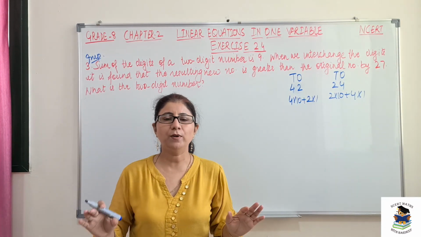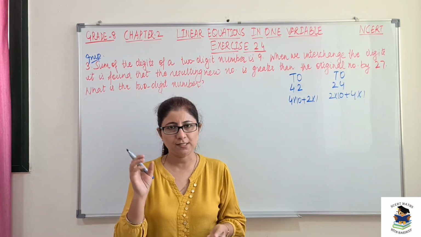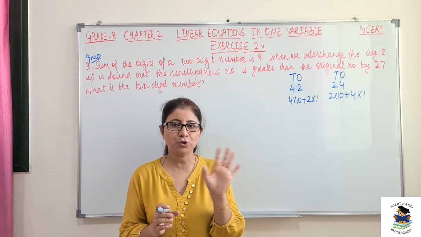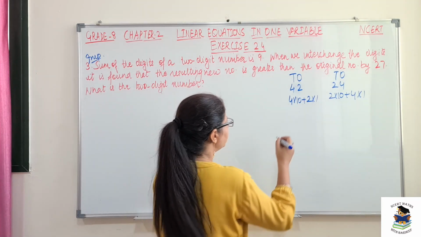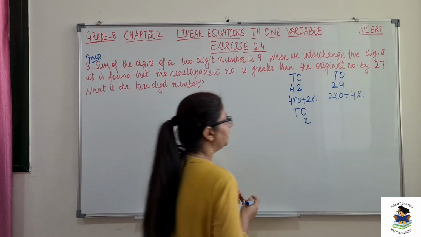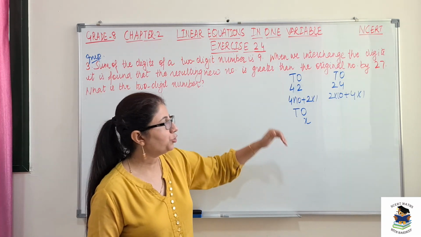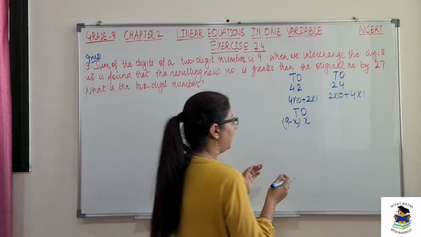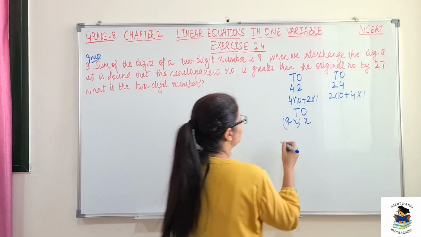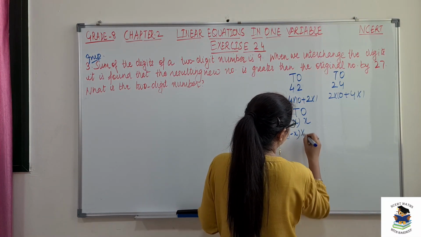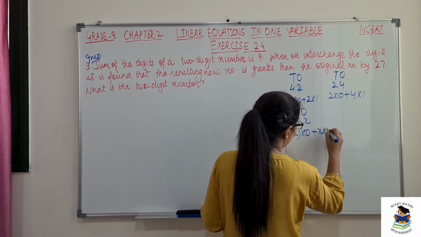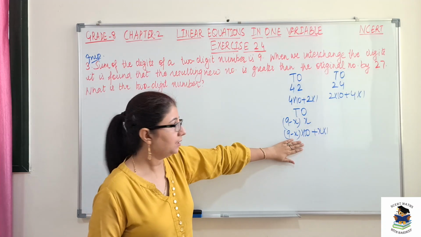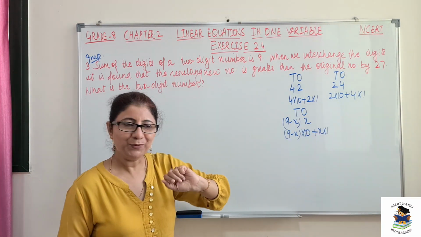Okay. So our question is, we have the sum of the digits as 9. If I assume any one number, whether at ones place or tens place, as x, then what should be the digit at the next place? It should be 9 minus x, because the total sum should be 9. Suppose I am taking the ones digit as x, then the tens digit should be 9 minus x. And in expanded form, how will I write this? This should be (9 minus x) multiplied by 10 plus x into 1. Since 9 minus x is at tens place, it should be multiplied with 10, and x at ones place should be multiplied with 1.